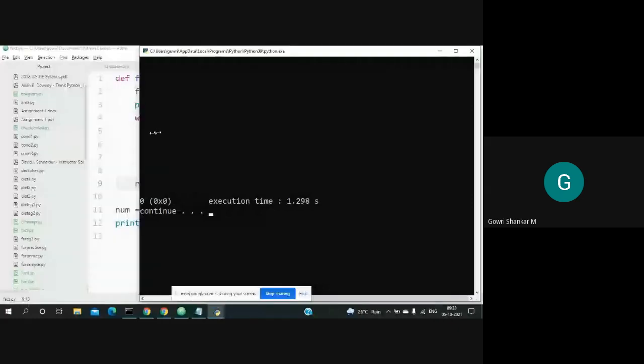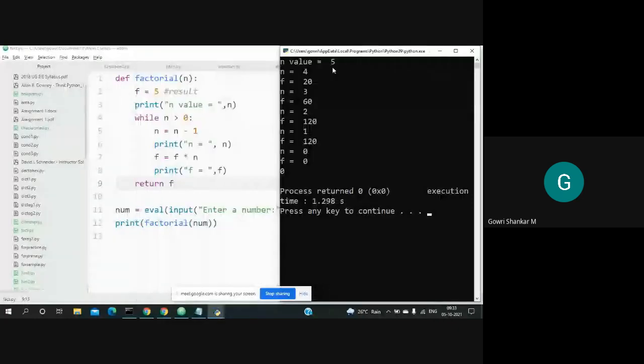Now what we got is 5 into 4. The n value is becoming 4, and we are printing the n value, so n value is 4. And then f is equal to f into n. The f value is already 5, so it is 5 into whatever n value we have got here. So 5 into 4, it is 20. So we are getting 20.